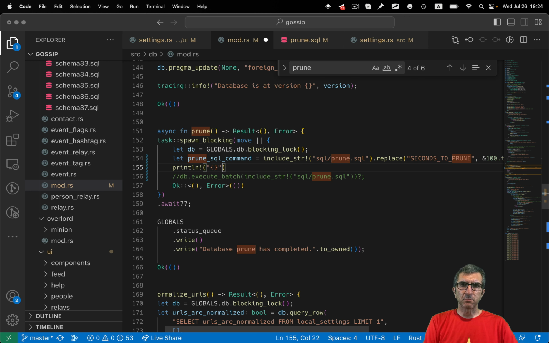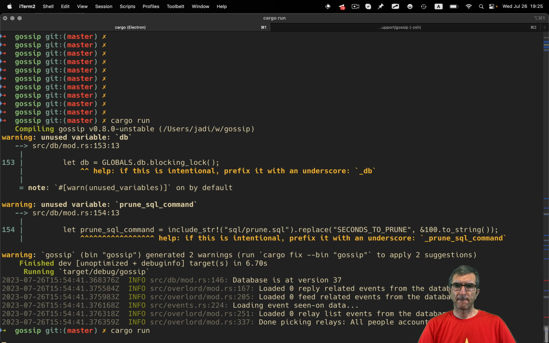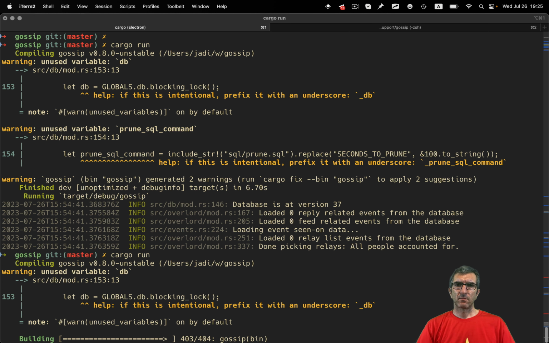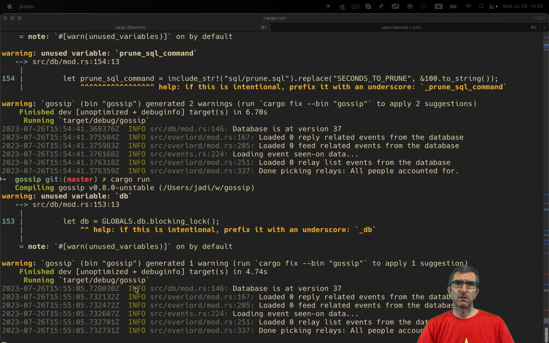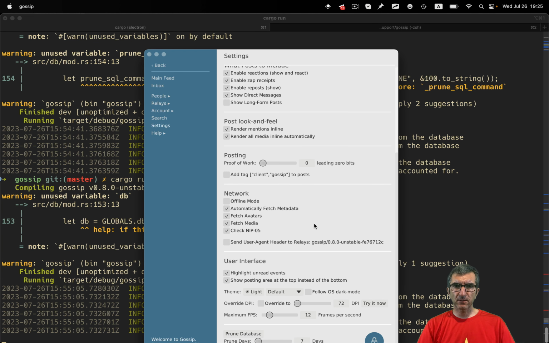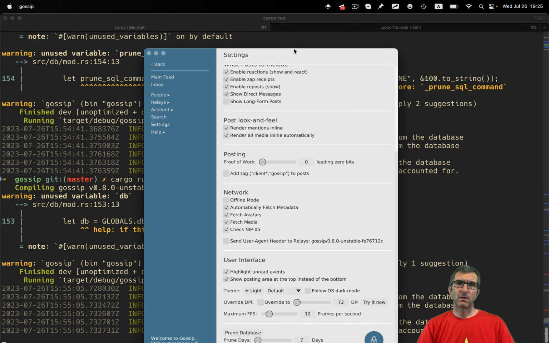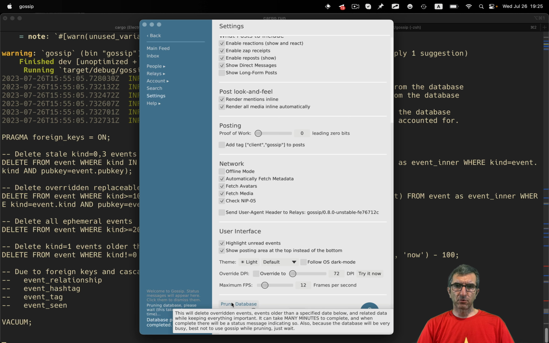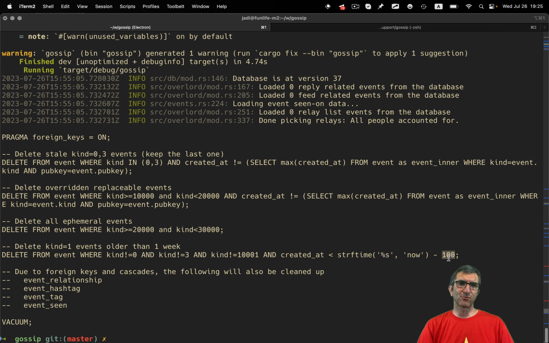And I will say print prune SQL command cleaner. Still DB is not used, that is fine. So settings, and let's prune. It says okay, this is replaced.